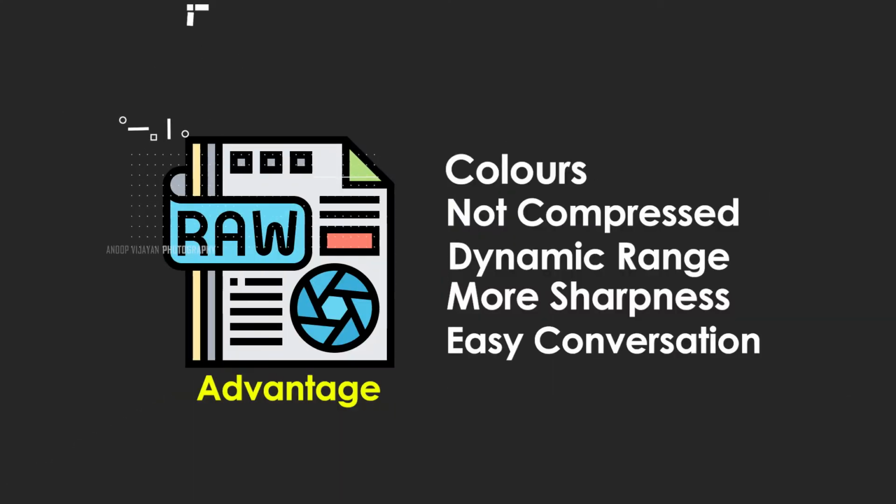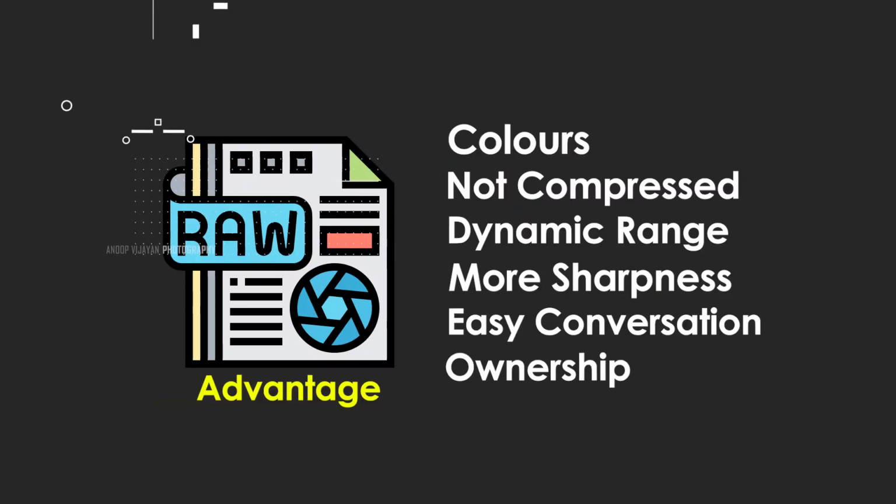And coming to the fifth point, this raw file can be converted into any kind of image, like TIFF, JPEG and PNG. When you export your image from high quality input, you will get maximum quality. That means you have very high quality inputs, and from that you are creating the outputs. Because of that, you are getting high quality images. Coming to the last point, ownership. That means this image is captured by you, because you have the raw file. So this is the advantage of the raw file.